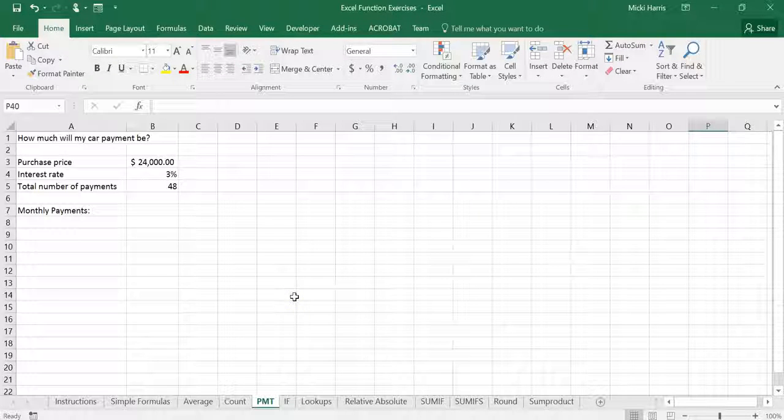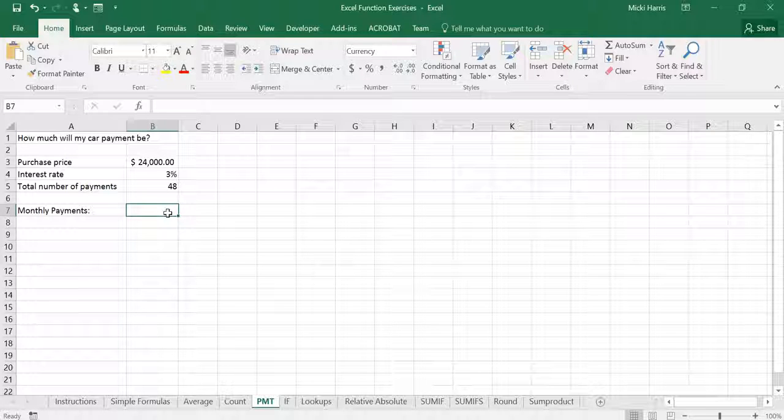All right, let's move on to a payment function, the PMT. So I am going to purchase a new car and I want to know how much my monthly payments are going to be. My purchase price for this new car is $24,000. I got a loan at the bank for an interest rate of 3%, and I'm going to pay for 48 months on this car. So I'm going to click in B7 and I want to figure out, well, what are